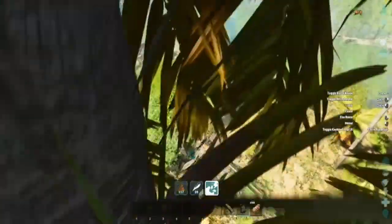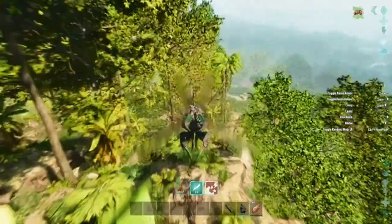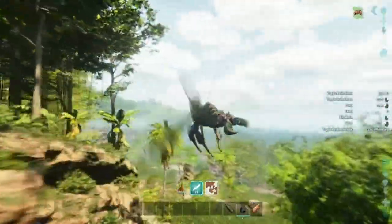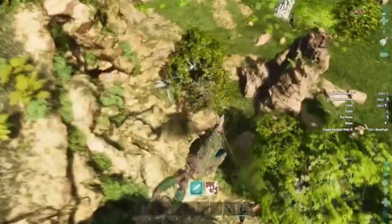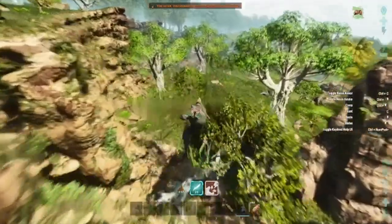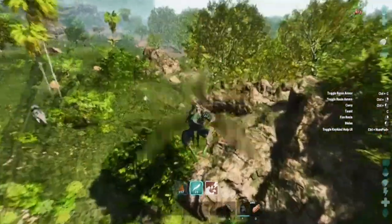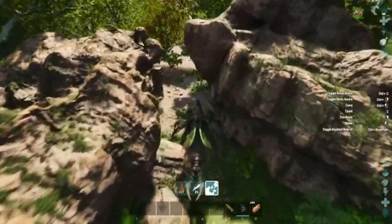So, we're on the top of this cliff. We're gonna go down to where the cliff kind of ends right here. And this is where you'll know you're in the right place if that cave that we walked through, see, it's right here. Okay, that's how you know we're in the right place. And then what you're looking for is this big rock right here. It's a really big rock. And if you go down here,